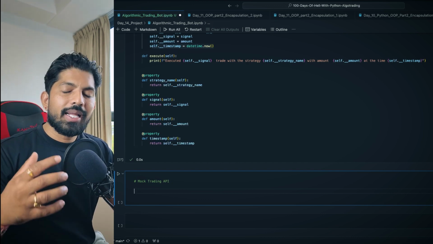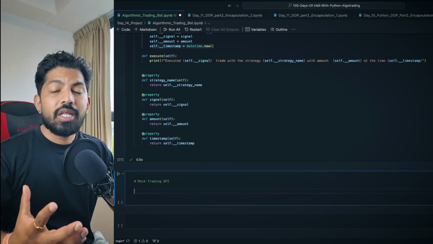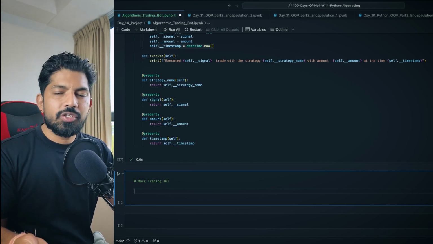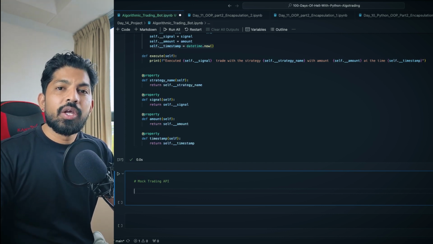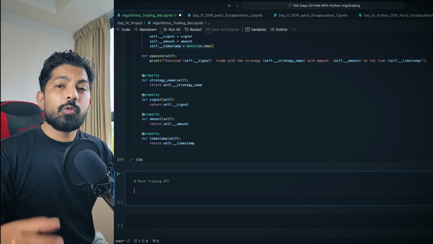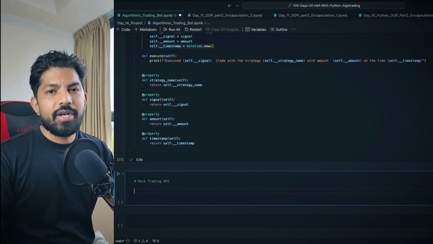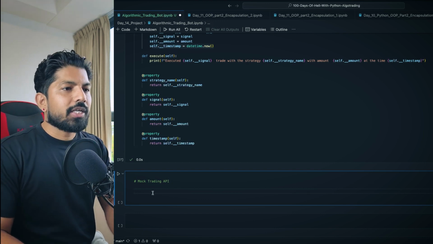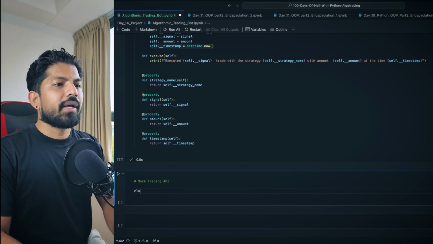Again, if we have the balance, then we want to tell the exchange whether I want to buy anything or sell anything, right? So we can say trade. So first is balance, second is trade, and then we also want to tell at which price I want to execute any trade, whether it's buy or sell. So while creating this class, I'll write a class MockTradingAPI,